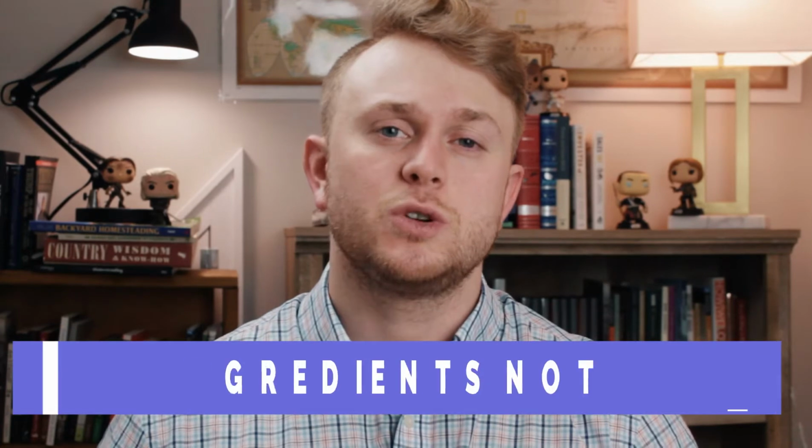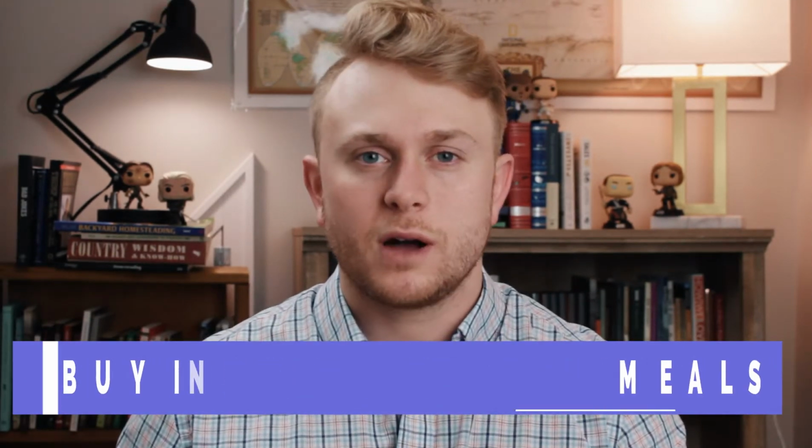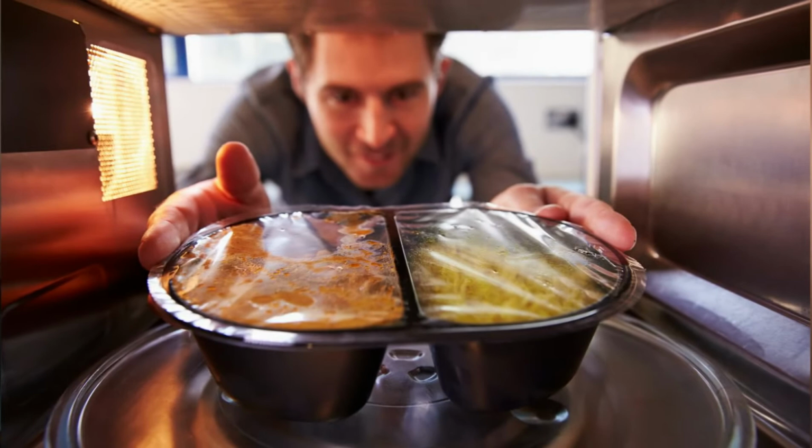Moving on to tip number 2 in ways that you can save money while grocery shopping, and that is when you grocery shop, buy things that you can then make a meal from scratch with. What I mean by that is don't go off and buy a bunch of TV dinners or microwave dinners, as they may look cheap on the shelf and they actually are cheap, but if you were to just buy the single ingredients you would need to make each and every one of those TV dinners or microwave dinners, what you'll